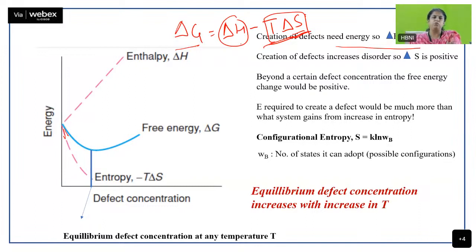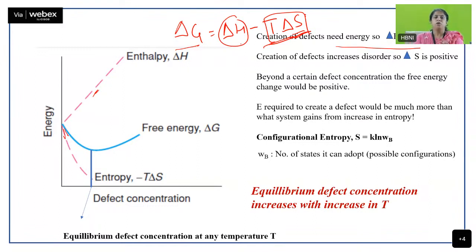Now let's say you have to remove 10 atoms. Again you will have to break bonds associated with the 10 atoms. So delta H, the enthalpy change, will always be positive because you are breaking bonds, howsoever many atoms you remove. But suppose the material was perfectly ordered and you removed one. The change in entropy was too much. Now just imagine an ocean. The waves are there, okay? If you just put a stone in it, it will create disturbance. But is that delta disturbance anything in front of the disturbance already present on the ocean